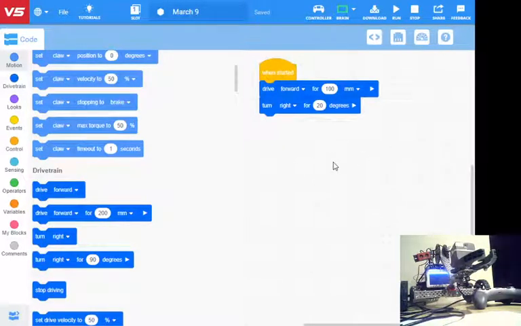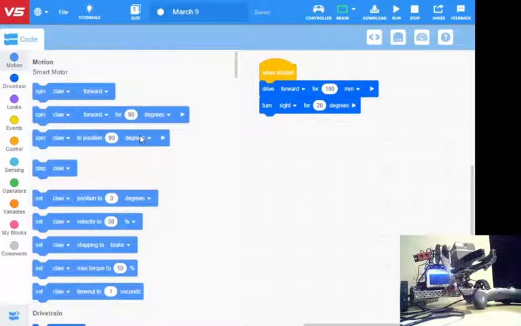The next thing we might want to do is maybe open up the claw, pick something up. So up under motion, I've got spin claw forwards, spin claw to position 90 degrees. These degree ones, they're using a built-in encoder so it can tell how far it's moving. Let's say we are going to spin the claw forward for 90 degrees. So that should open the claw. And then